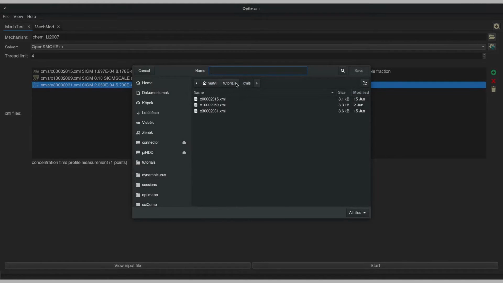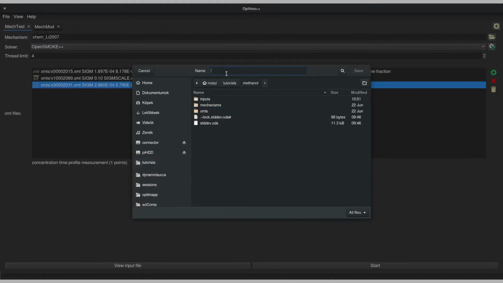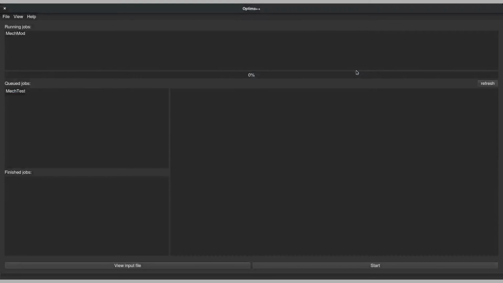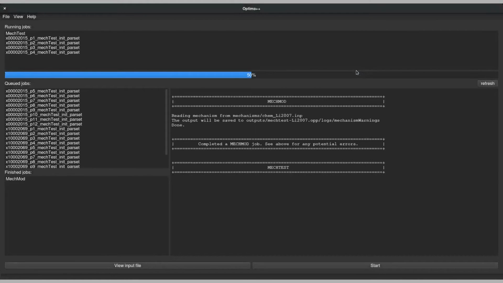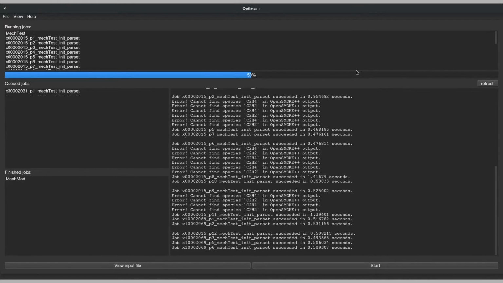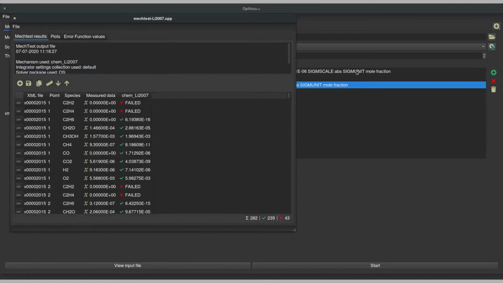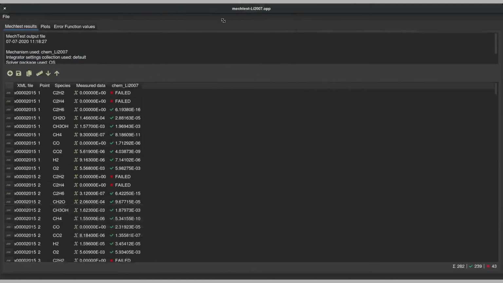Optima++ prompts for a file name where to save the input file. And now the simulations are running. Having all simulations finished, the results are immediately shown in a pop-up window.